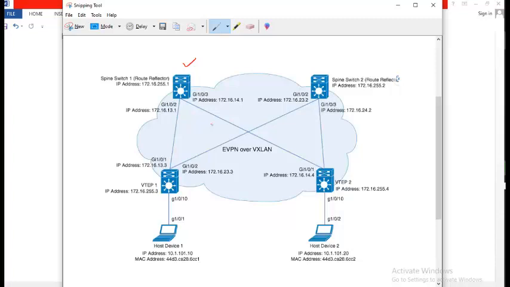From any VTEP to any VTEP, from any leaf to any leaf, you will have only 2 hops. For example, I have only 2 leaves. Between these 2 leaves, I have 2 paths, and both the paths have got 2 hops,